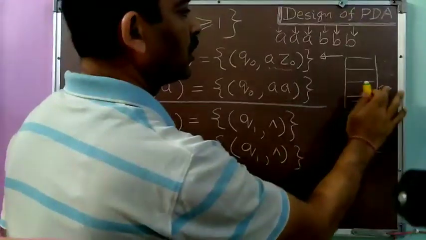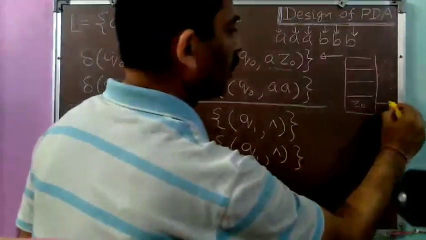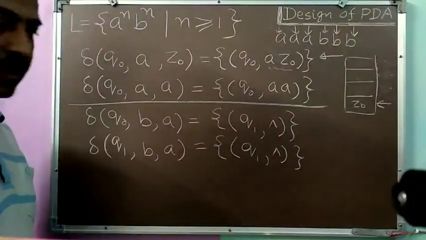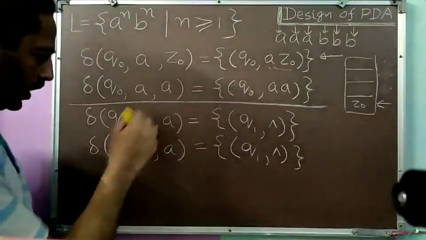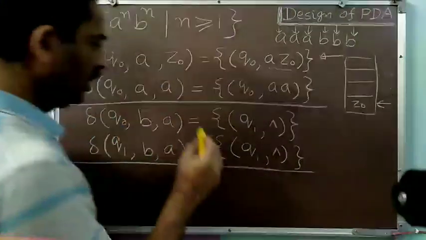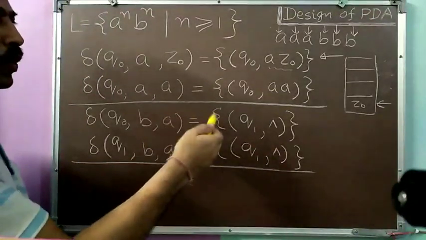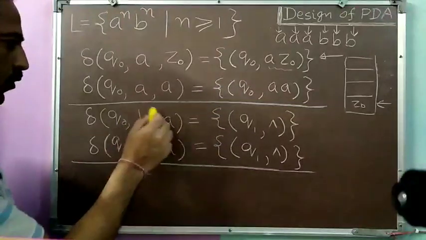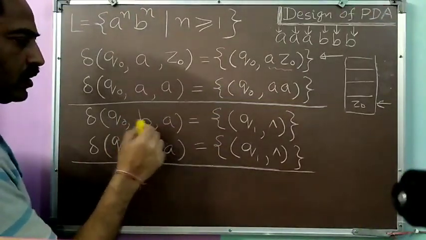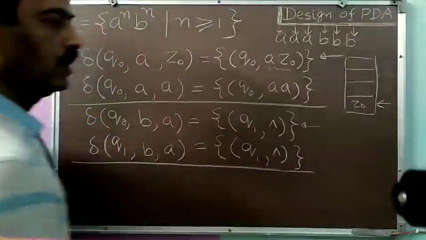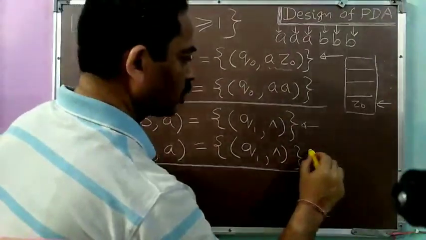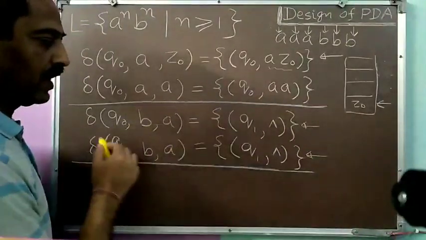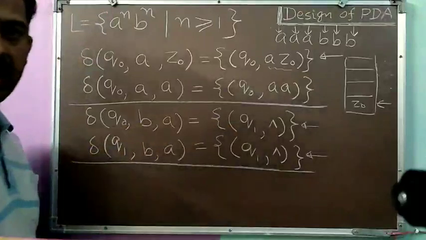So meaning thereby this topmost A will get erased and the top of the push down store will come one position down, that is on the Z0. Is it okay? So you again see that these two transitions are doing the operation of popping, or erasing, from the push down store. So first A corresponding to the first B is erased through this particular transition, and corresponding to second B and subsequent B's, the corresponding A's I will be removing through these particular transitions.